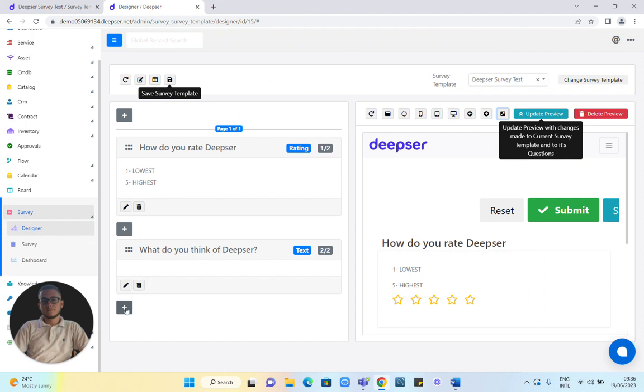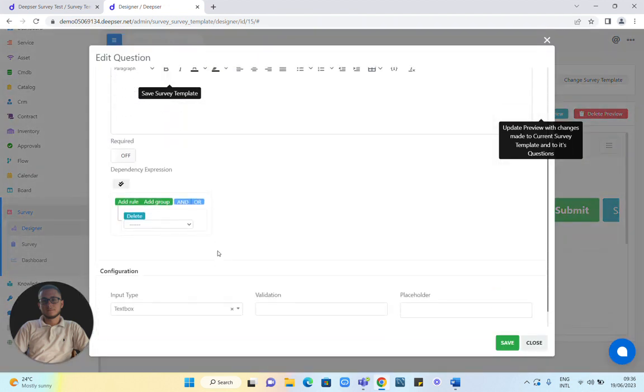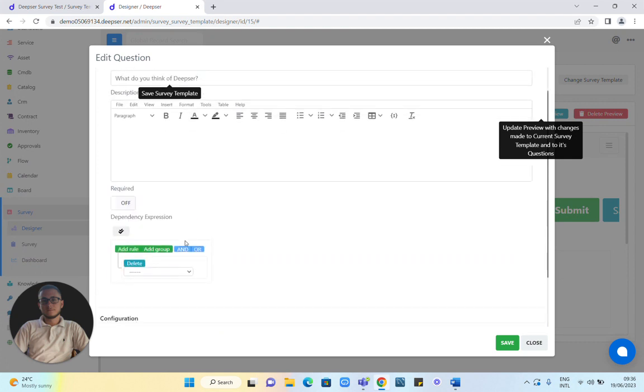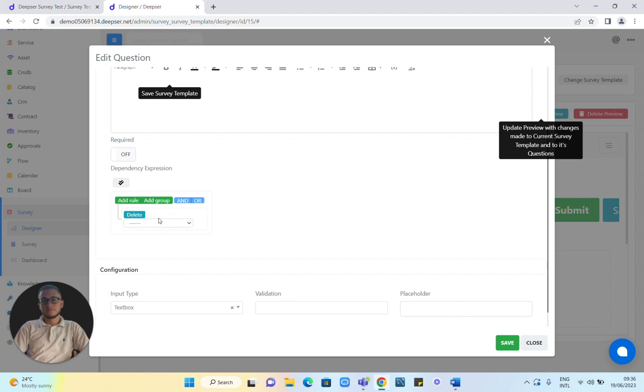Another feature is the dependency between questions. So we could make the second question to be dependent on the first one. So if the answer of the first one is a 5-star answer,